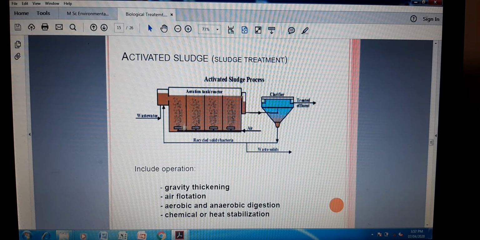Submerged type of aerators means air is provided at the bottom, which is called submerged. When air is provided at the top side, it is called a surface aerator. And when both types of aeration are provided in the tank, that is from the surface aerator as well as from